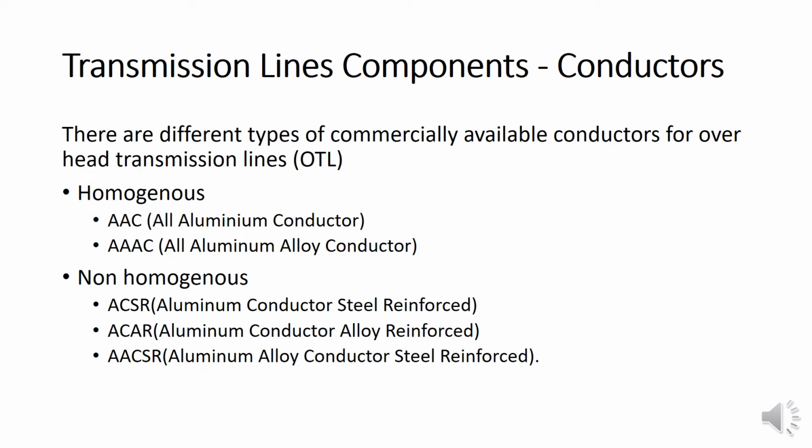So first of all, we'll identify what are the transmission line components. So there are many components in transmission lines. As you know, the main component is actually the conductor. But other than that, there are many other components associated with transmission lines. As an example, if you take a tower, in order to connect transmission line, we need a tower. So that is also a component that we need in